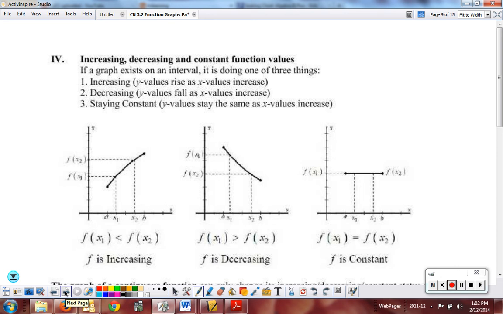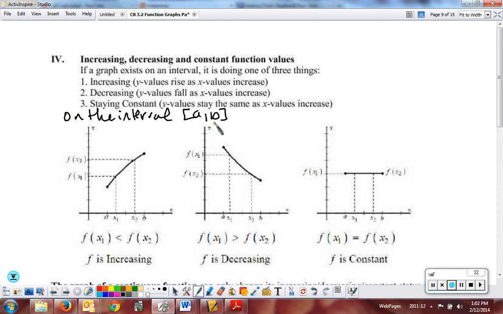All right, increasing, decreasing, and constant. So this idea of extrema is really directly related, springing off that question, to where a function is increasing, decreasing, and constant, because a lot of times where you switch from increasing behavior to decreasing behavior is where you have some type of extrema, a relative extrema. What we're basically looking at is, on this interval, and in this case we're going A to B,